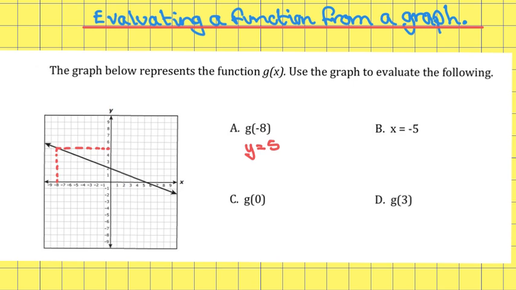B, x equals minus 5. So go to minus 5, go up to the graph, go along, and read off your y value. So y is equal to 4. g(0), go to 0. Again, go up to the graph and read off the value. y equals 2. And the final one, g(3), go to 3. Go along and read off the y value, which is y equals